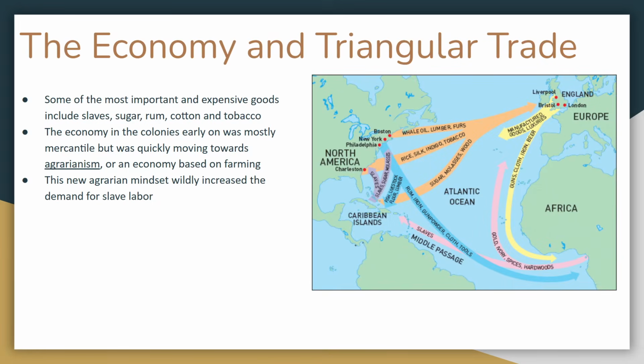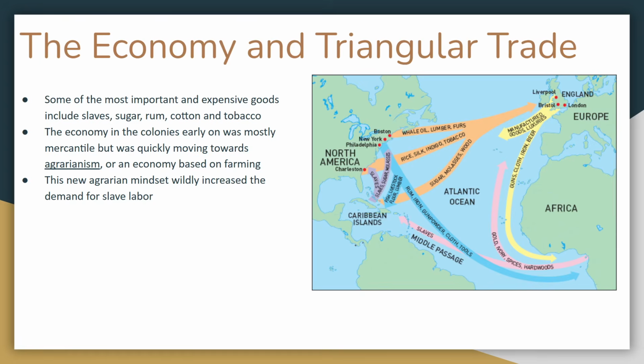The economy. How is the world working right now? Basically, everything that has to do with what we're going to talk about for the foreseeable future has to do with what's called triangular trade. And if you look at the map I have here, it makes a triangle. That's why it's called that. Now, what you're getting is basically a cycle. The new colonies are getting manufactured goods from Europe, all right? Because there is yet to be that industry that we just talked about that's still being built up.